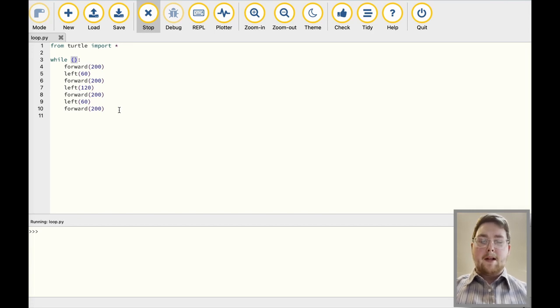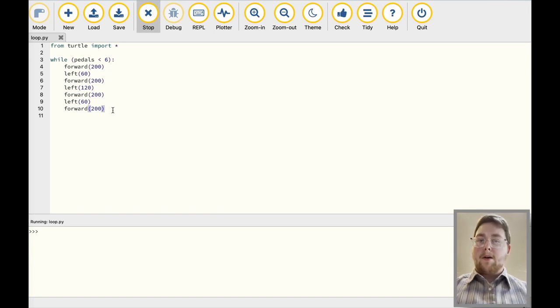For this example, I will be defining a variable called petals, and I chose this name because it's related to the flowers. And I'm going to set a condition that petals is less than 6. So my hope with this loop is that I want to repeat it 6 times. So I'm giving it a condition that petals is less than 6, and I want it to only loop 6